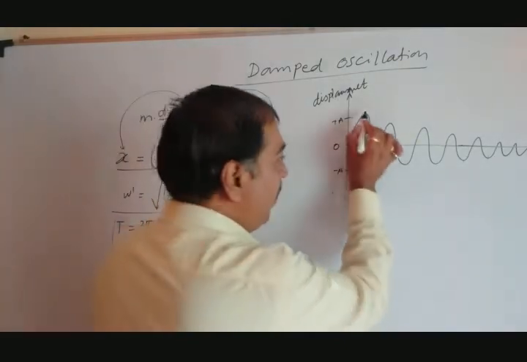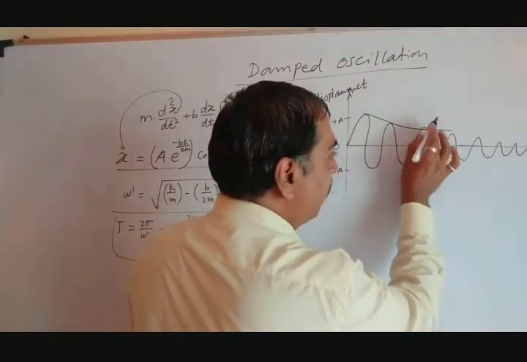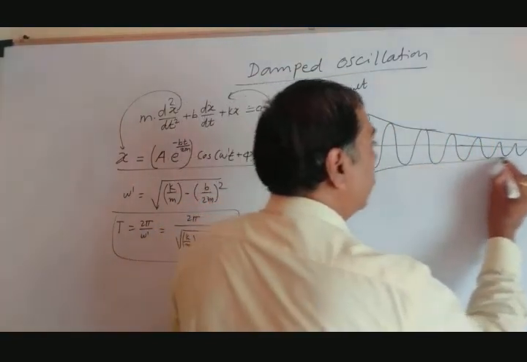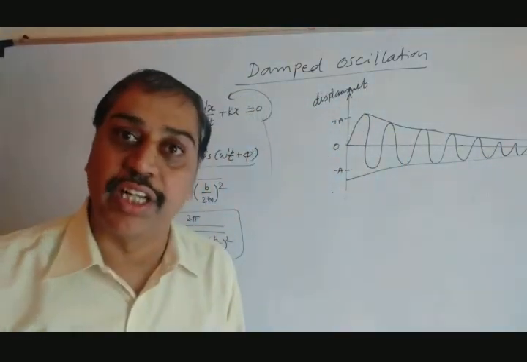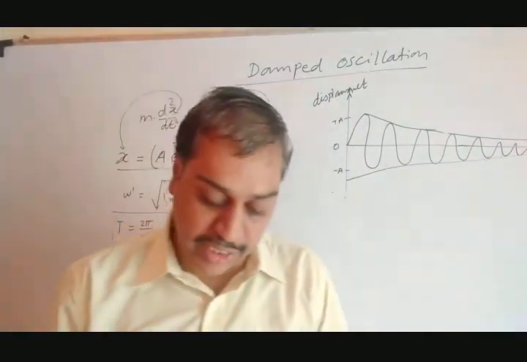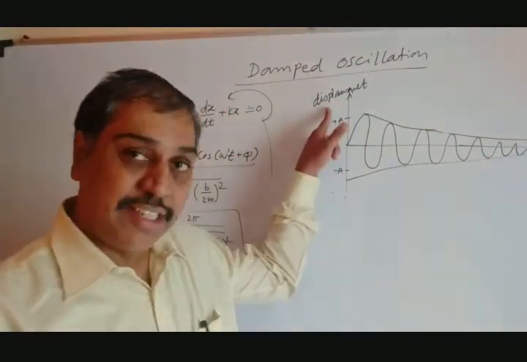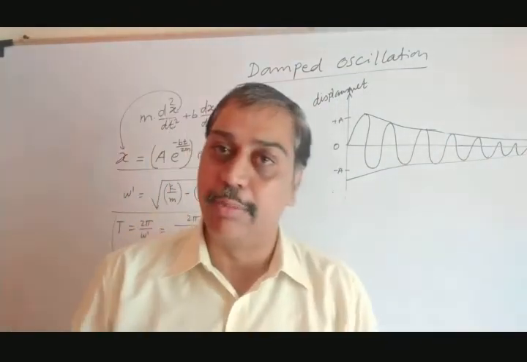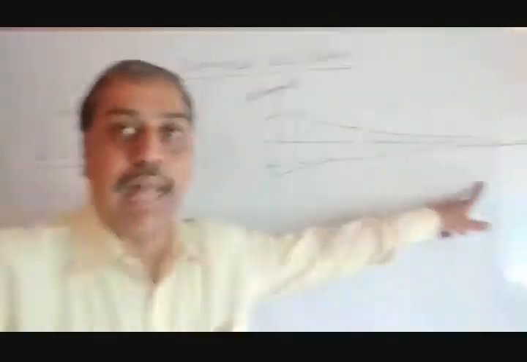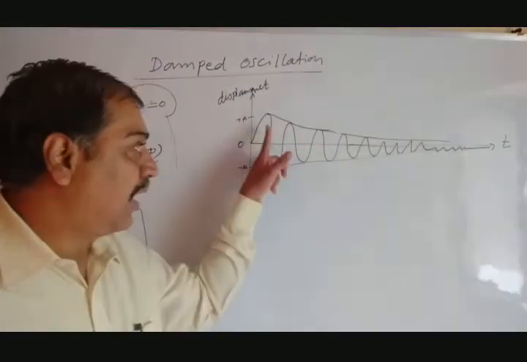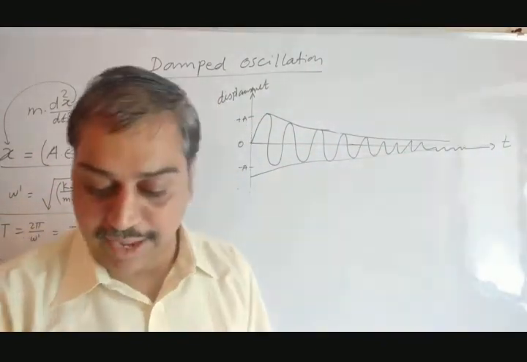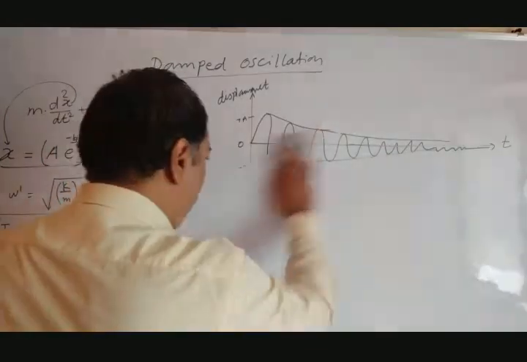Otherwise we have to draw the bigger diagram. That's it. So amplitude here decreases with the time. And this is said to be the graph which is said to be exponential graph. Amplitude decreases like this. That is said to be exponential decrease of amplitude, exponential decrease of displacement, and these oscillations are said to be damped oscillations, because as time increases along the x-axis, the amplitude decreases, or we can say is damped, because of motion of the vane. So this is nothing but a damped harmonic oscillator.